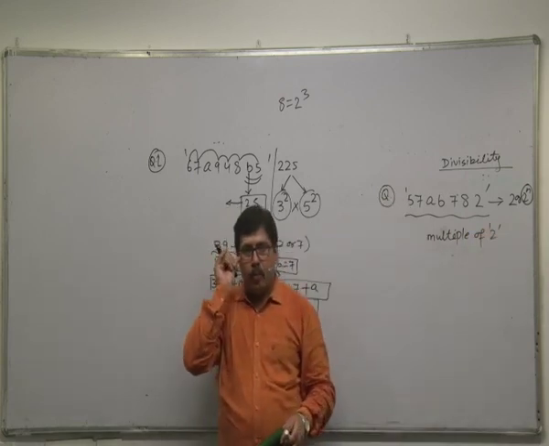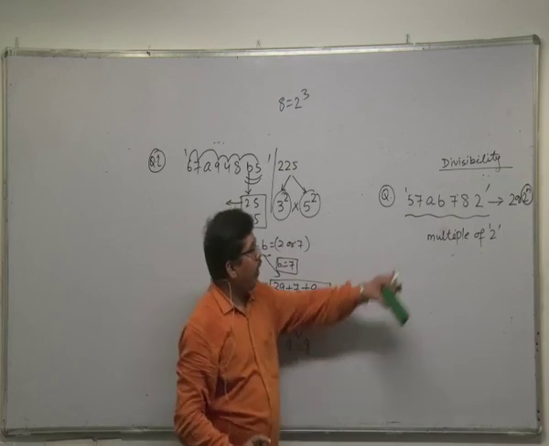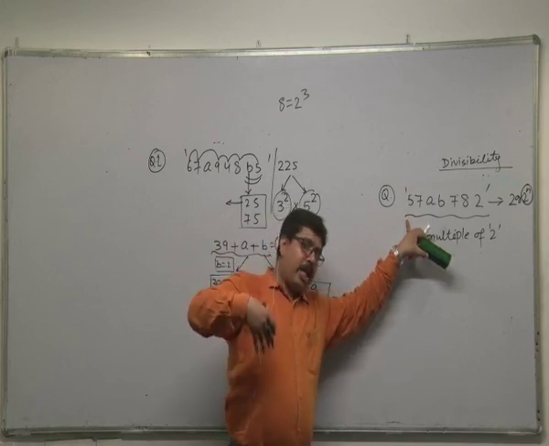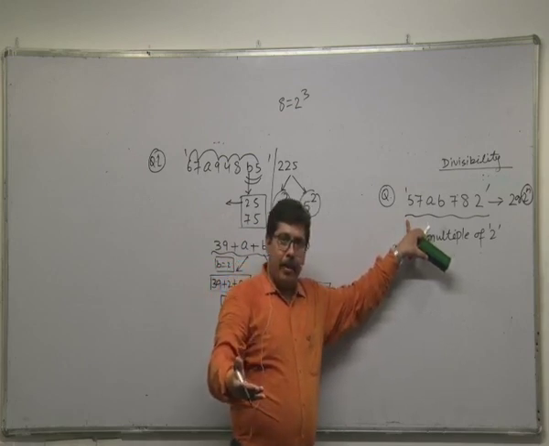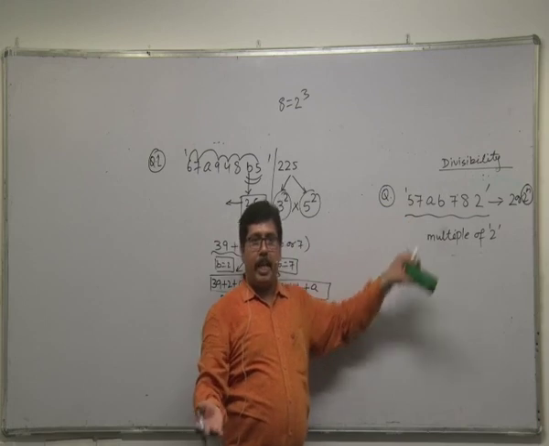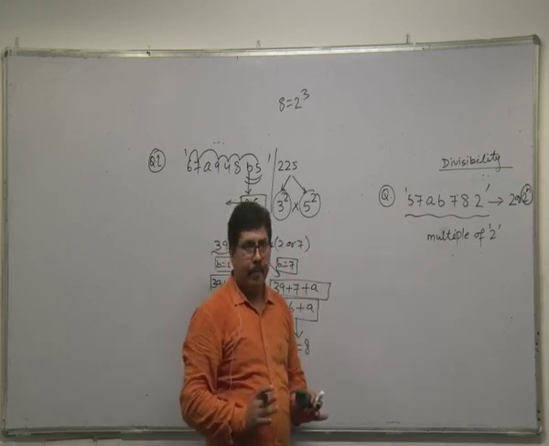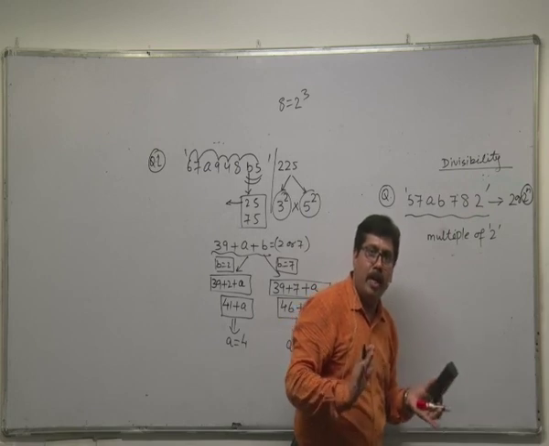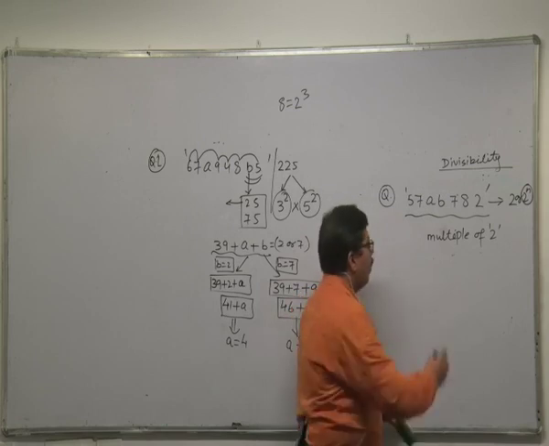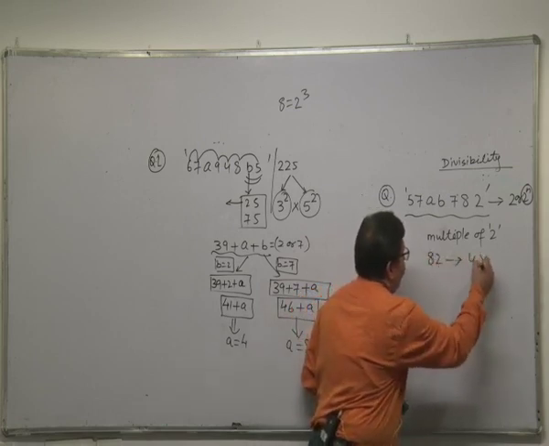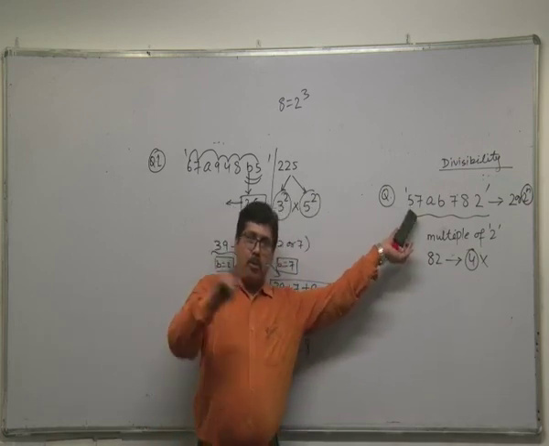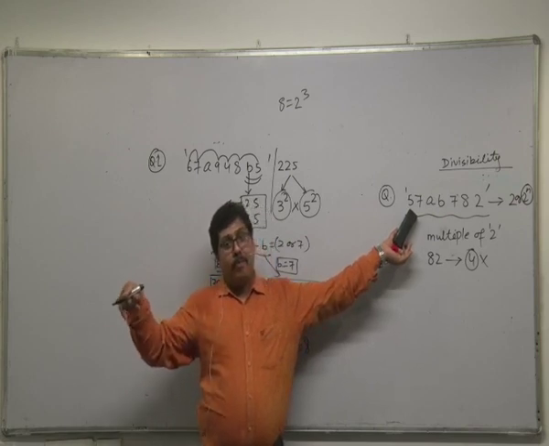But is this number multiple of 4 or not? Just quickly check the number. We need to check the last 2 digits of the number. And why we are checking 4? Just we are trying to figure out whether we have additional 2's or not. How many 2's are hidden inside this number? 82 is not multiple of 4. We need to check the last 2 digits only. So 82 is not multiple of 4. Can I say this number is multiple of 2 but not multiple of 4?